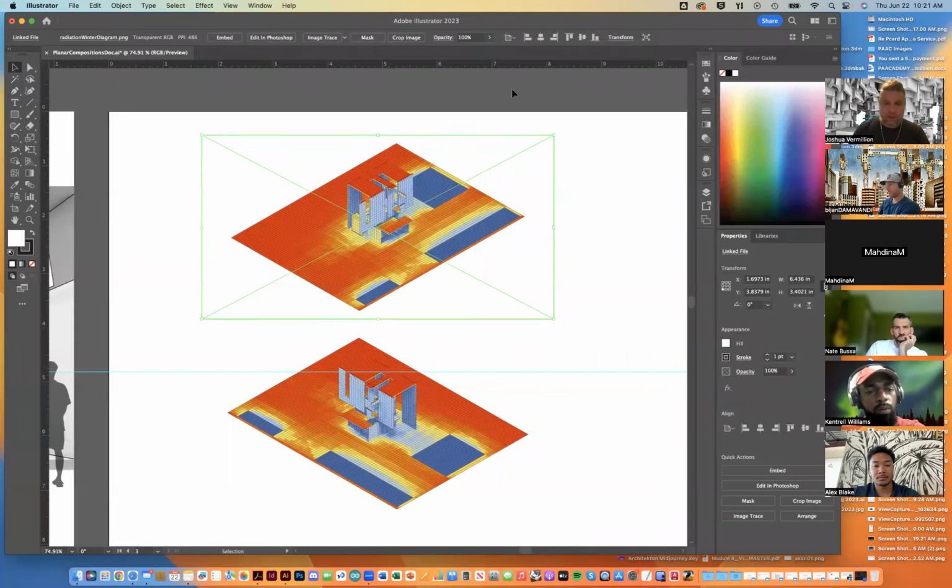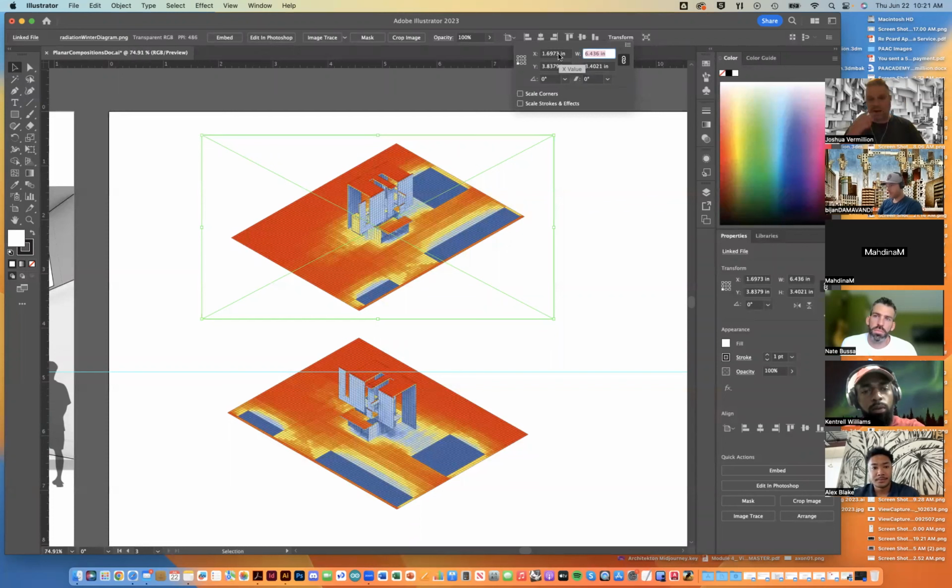Let me just move this out of the way. The same size. So, up here when my window is larger, it actually has the X, Y, width, and height parameters, but they're hidden right here in transform. I guess it doesn't think there's enough room here. And so I can just toggle those on here and say, well, the width I want to be